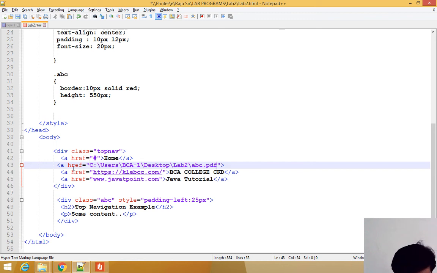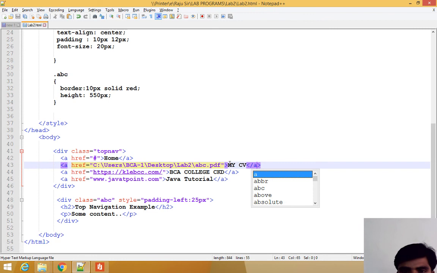Then again same thing, BCA college CKD, you have to write your college website within a double quote, https://klebcc.com. Then here you have to write my cv, then close the anchor tag.